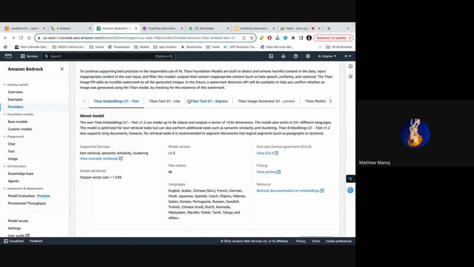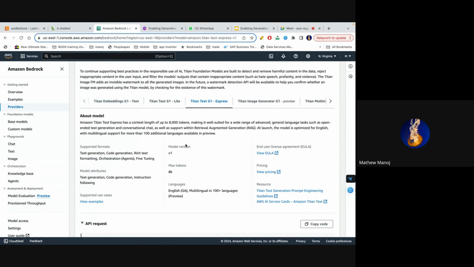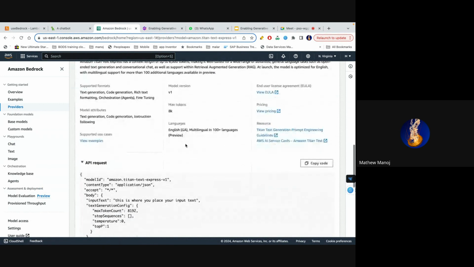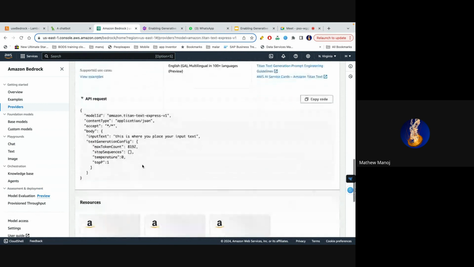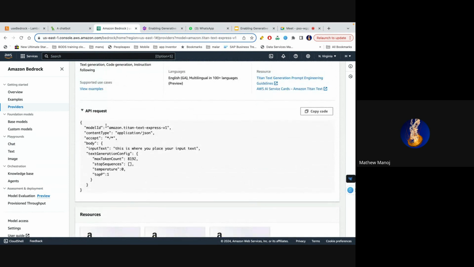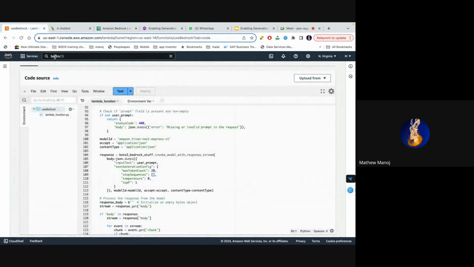You can use the Text G1 Lite or Text G1 Express, which is a bigger model, so it can give you a better output. You just have to change this model ID and applications, and in a simple way you can change the model you use and get to know how your model is working based on your AWS service.